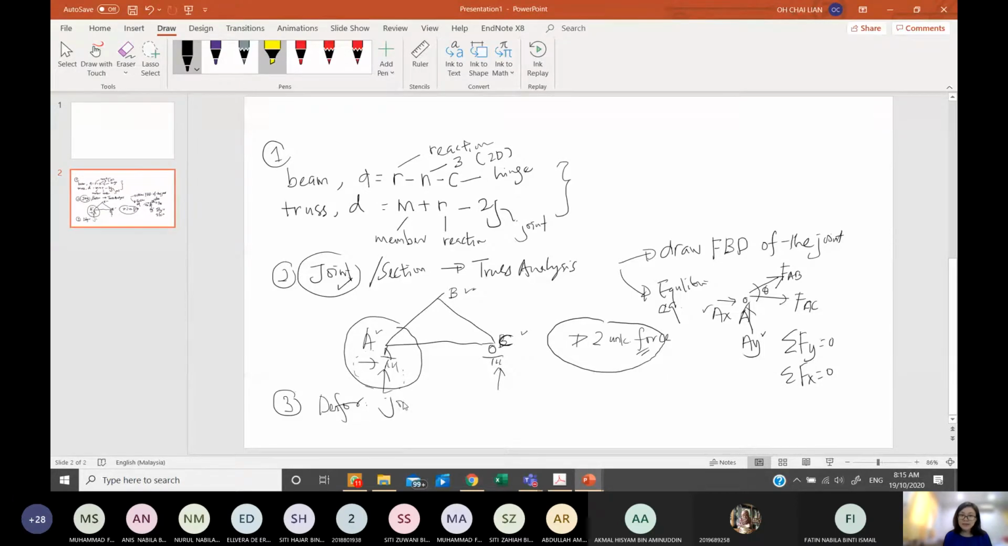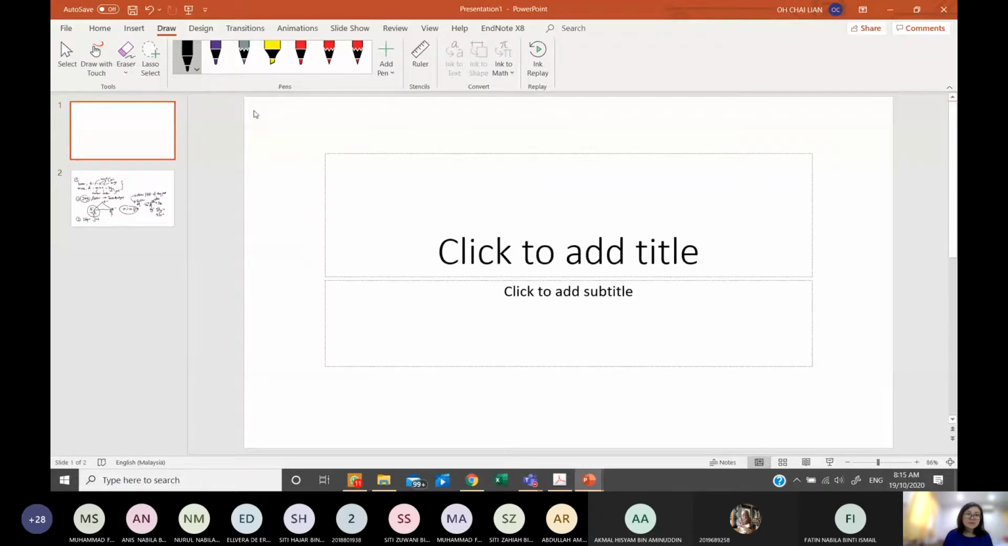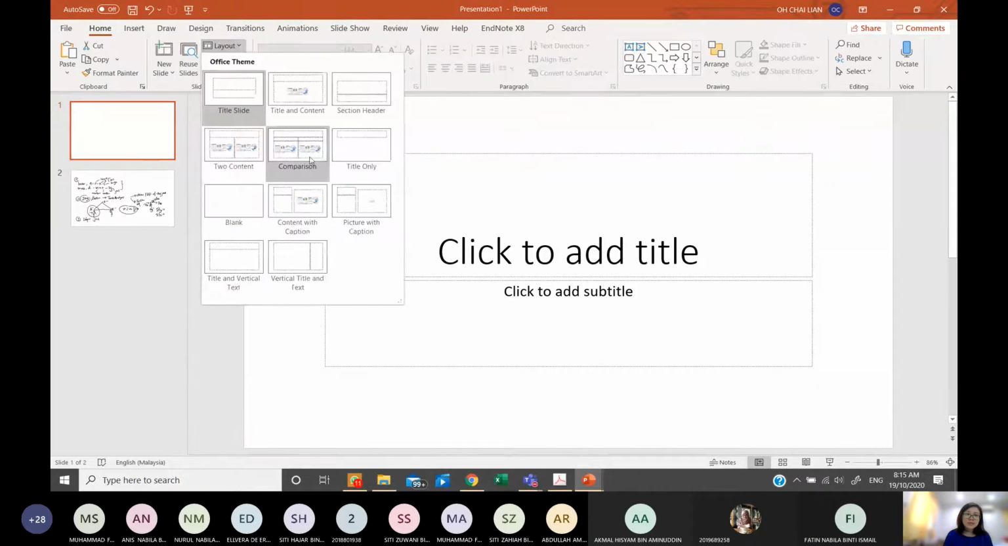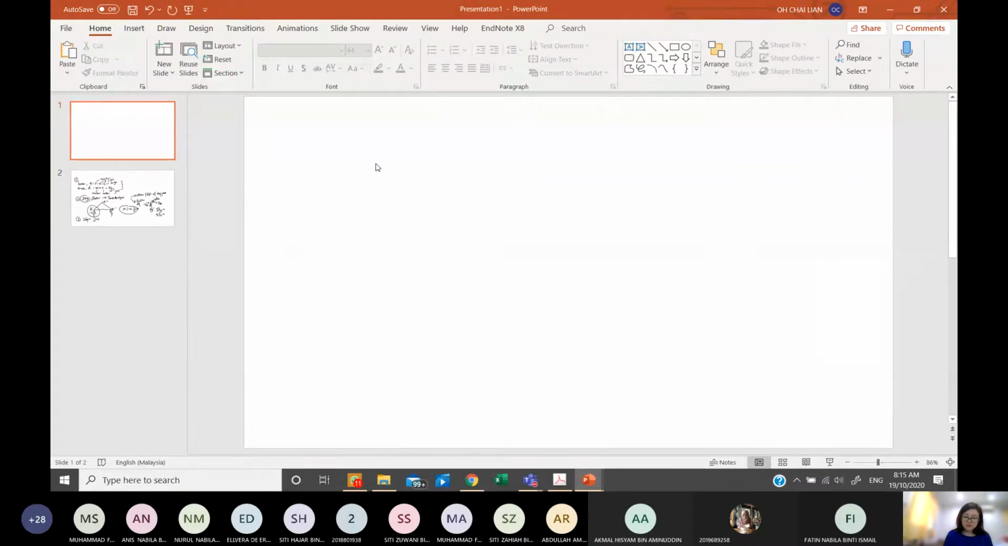Maybe I need to use a new page. Just a quick recap. The third one: we determine the deformation, deflection or displacement of a joint. In our previous example, just to sketch back again,